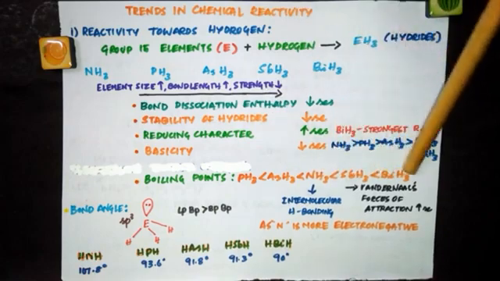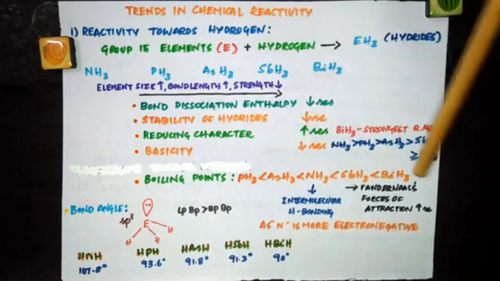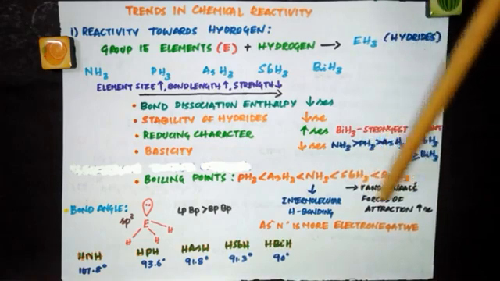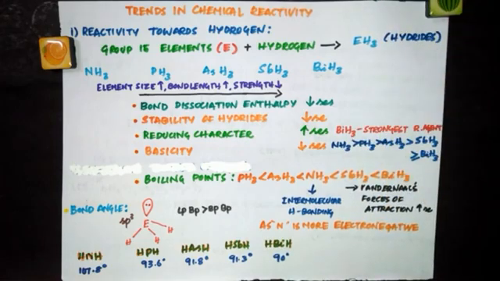And what is the reason for the increase in boiling point of these hydrides? Because as the central atom increases, van der Waals forces of attraction increase, so that in turn increases the boiling point. Now coming to the structure of hydrides, I told you these hydrides are covalent hydrides, and the central atom of these hydrides is sp3 hybridized. We have studied in grade 11 sp3, sp2 and sp hybridization. In sp3